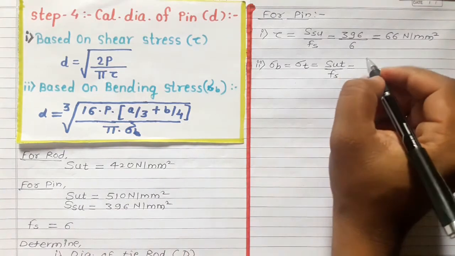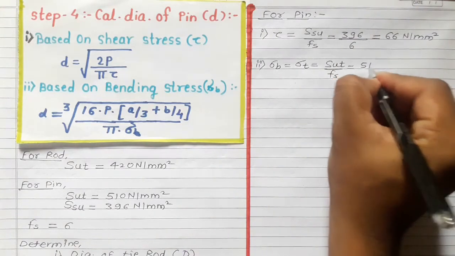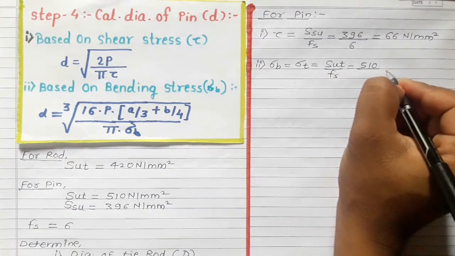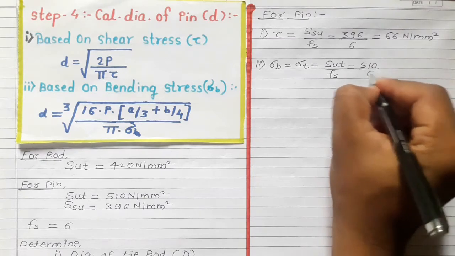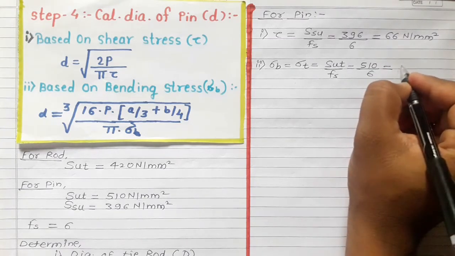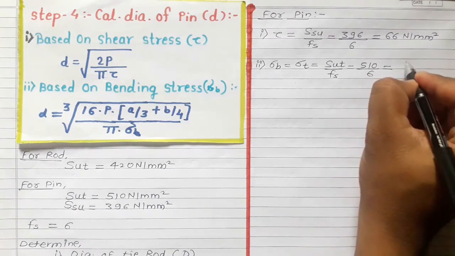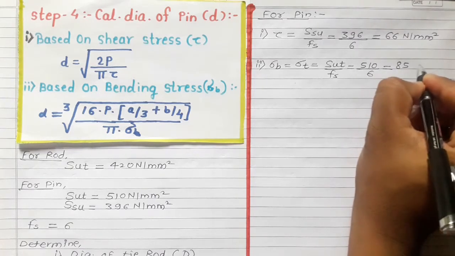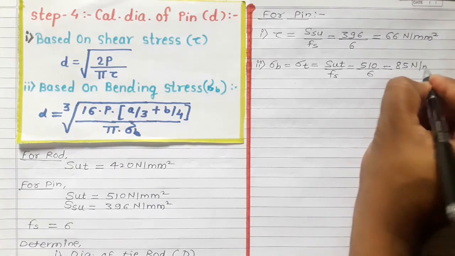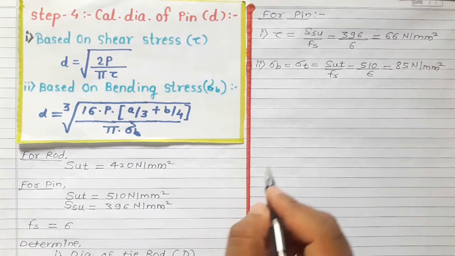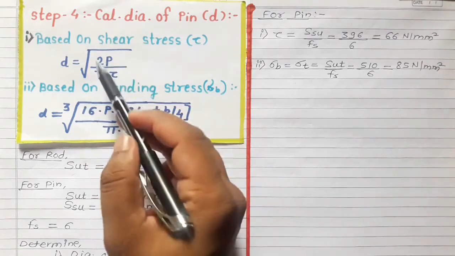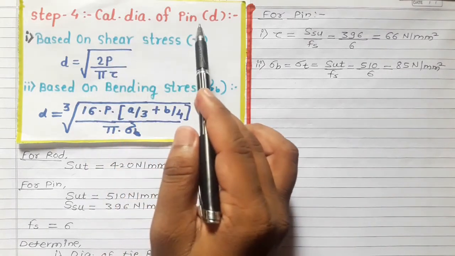So now let us put this value of SUT. So SUT value for pin is 510 and Fs is 6. So if you calculate this value, you can get the answer as 85 Newton per mm square. Okay, so by referring this step number 4, where we have to calculate the diameter of pin, we